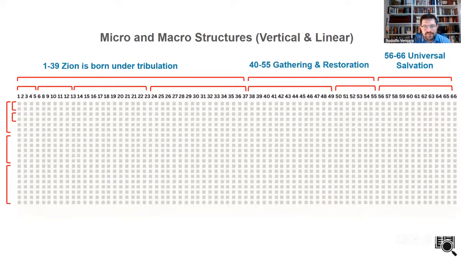And then from chapter 40 to 55, we see another figure, right? King Cyrus, who is calling people to return. And he brings judgment to Babylon. He did that literally back then. But then we see gathering and restoration from 40 to 55 as a main motif of those chapters. And then from 56 to 66, we see the idea of universal salvation, and then judgment to the nations. But really, everybody else is technically invited, and you see the same